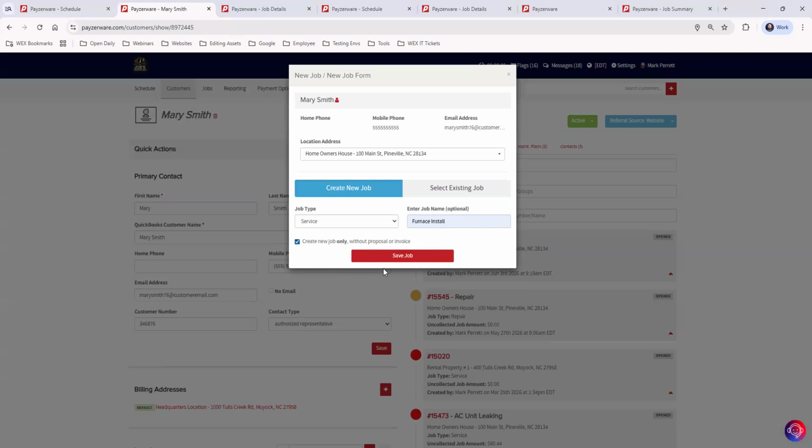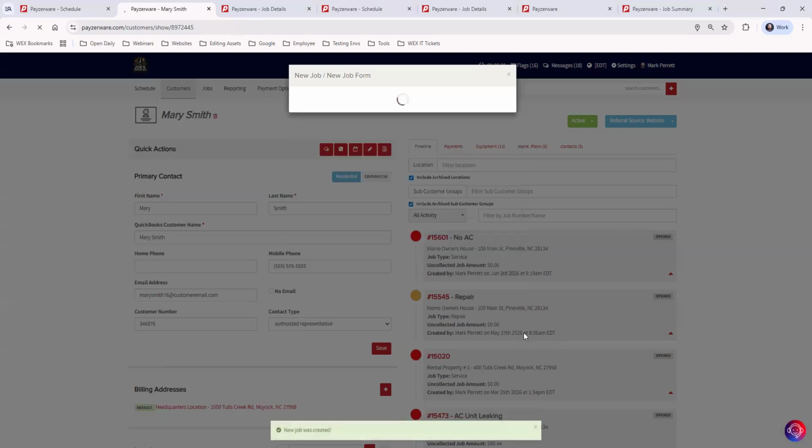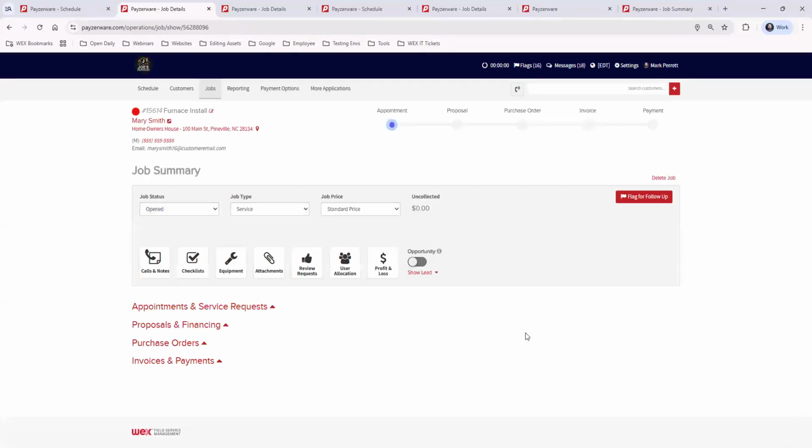Let's create a job with nothing in it, and then we can see how we would add something to it. So I'm going to do save job. And that has now created a job. We are now inside of the job. I like to think of jobs as digital file folders, and we're like inside the folder right now. This is for my customer, Mary Smith, at this